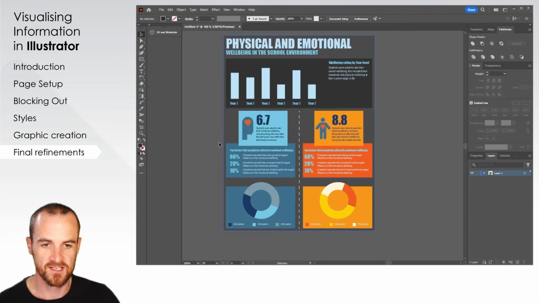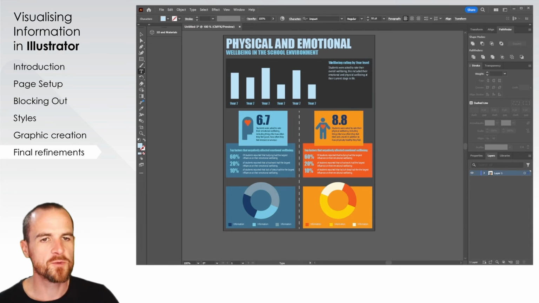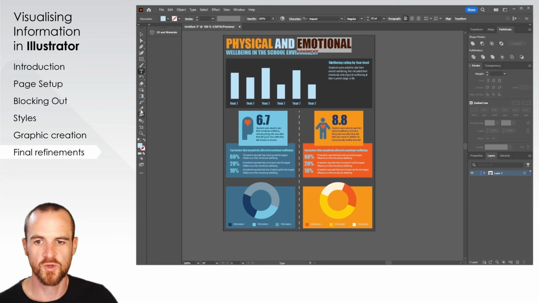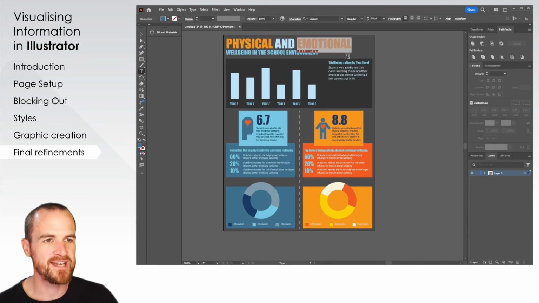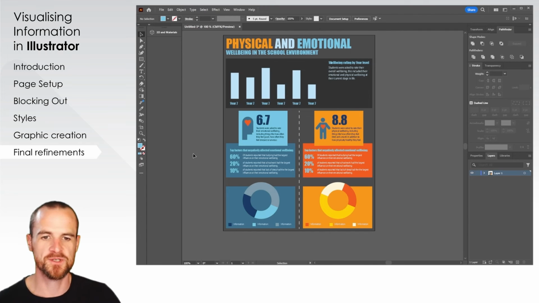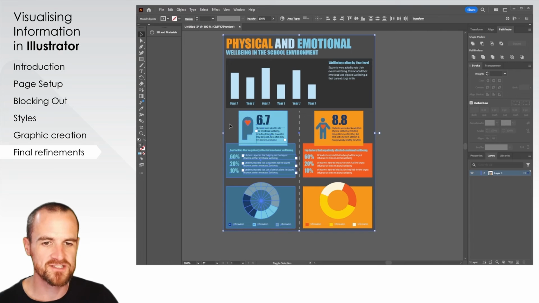this represents the emotional information. We've got our little divide here, and this represents the overall. So it says physical and then emotional. We could change that to the yellow here, and that to the blue. Now what you've done immediately there is create a visual connection between the title and how the information's been distributed. Now one's on the left, one's on the right, so let's just grab all of that, shift to